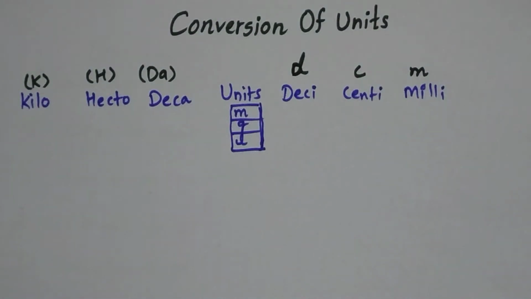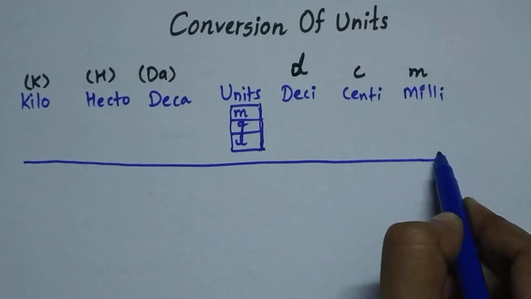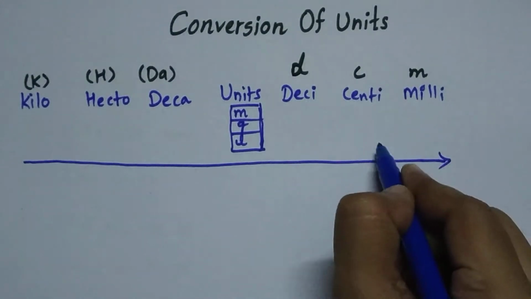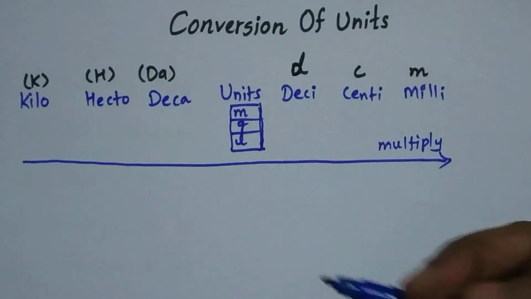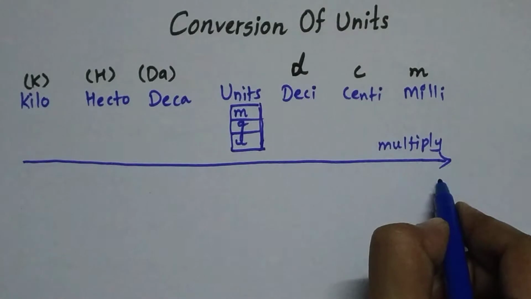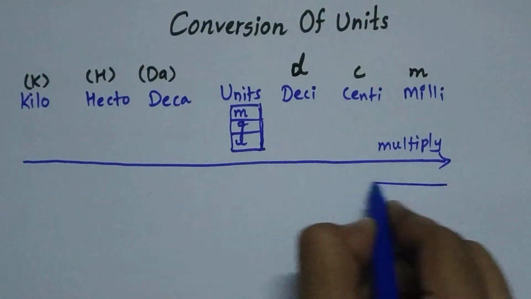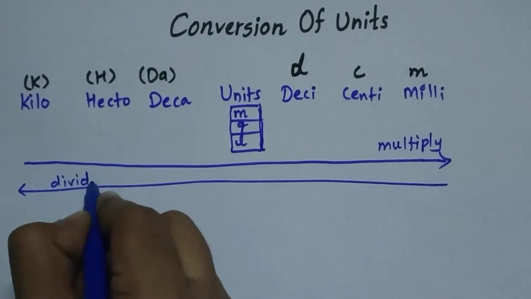So to convert from a higher unit to a lower unit, we need to multiply. Whenever you are going to come from here, higher unit, and you want to go to the lower units, we'll multiply. To the right hand side, when we are coming, we will multiply according to the number of tens, 100, 1000, depending upon the number of jumps you are going to take. And when you go from the smaller unit or a lower unit to a higher unit, in this direction, you will divide.